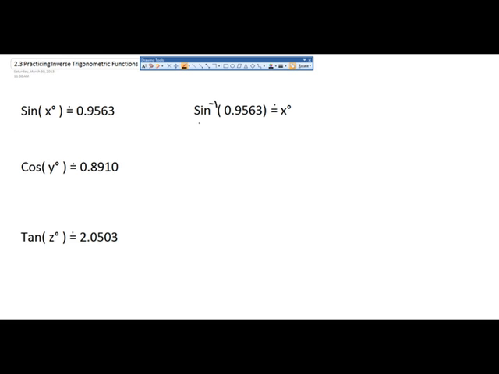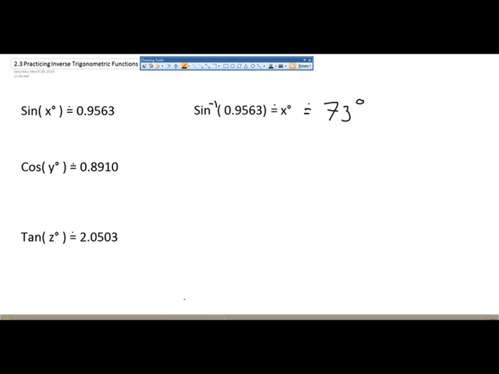0.9563, then the inverse sine of 0.9563 is going to be approximately x. Remember that your inverse function is really the opposite function. So what I want you to do is to pause the video here, and you're going to put this directly into your calculator. Okay, so what you should have found is you're going to get a value that is extremely close